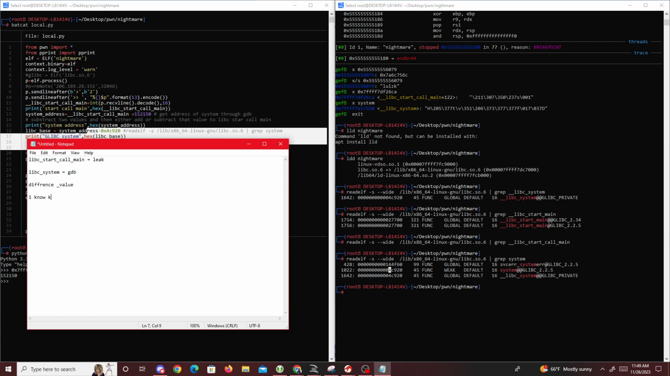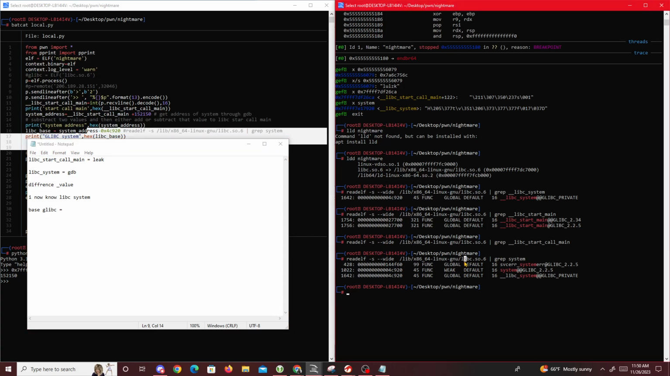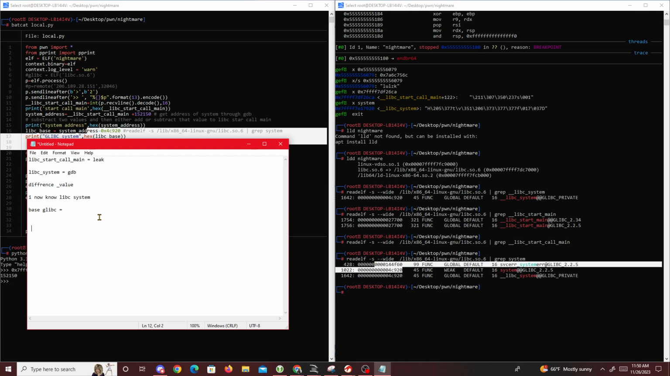Now I know the libc address, libc system. But what I'm trying to reach is the base of glibc, because if I could reach the base of glibc, I'm able to access any value. And how we do that is we grep libc for system, and this tells you the offset from base. So simply by subtracting from the libc system that we leaked